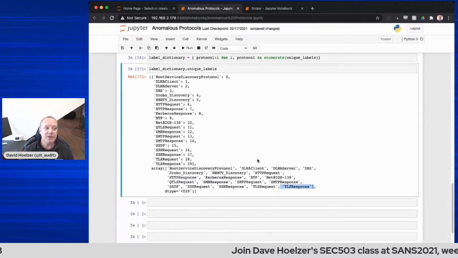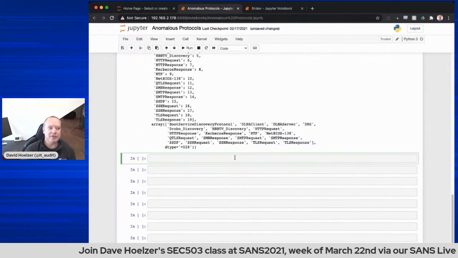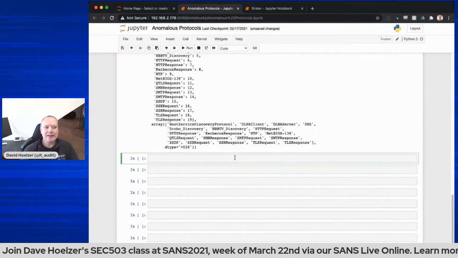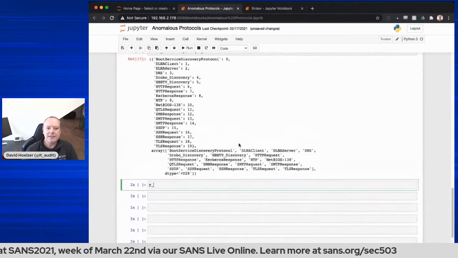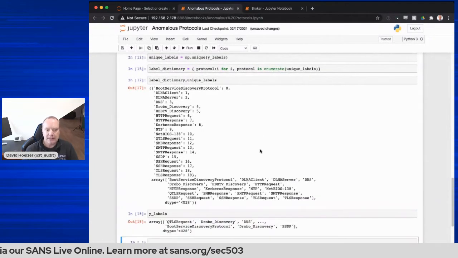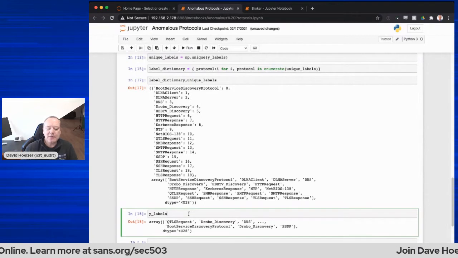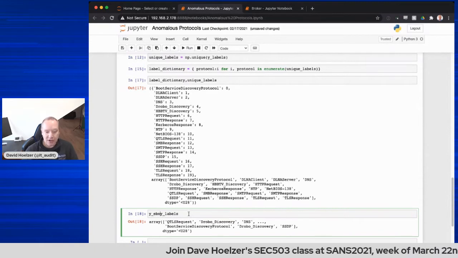To do that encoding, I'm going to use a list comprehension because I currently have that data sitting in Y labels. I think what I'm going to do is change it into Y. I don't know what we want to call this. How about Y encoded